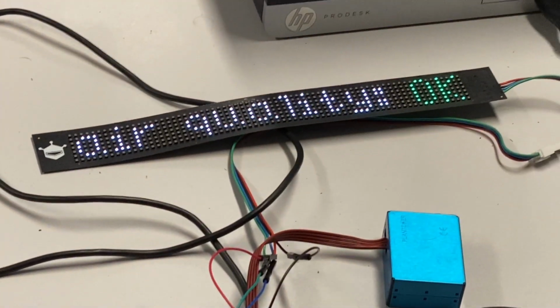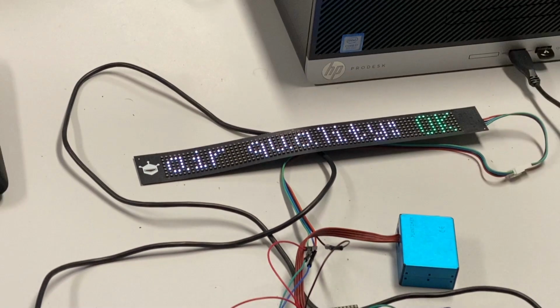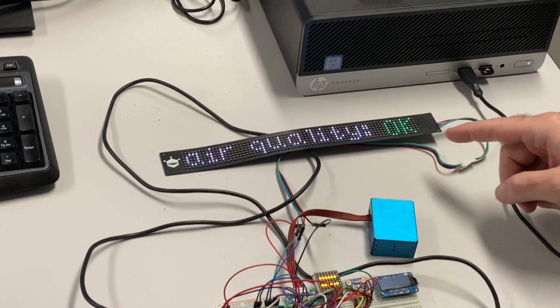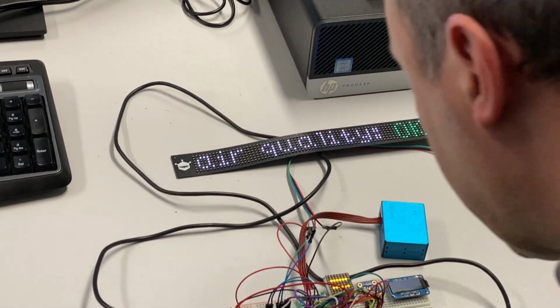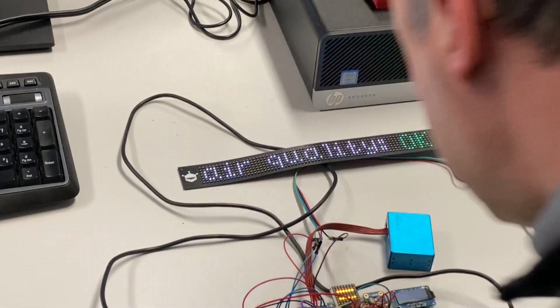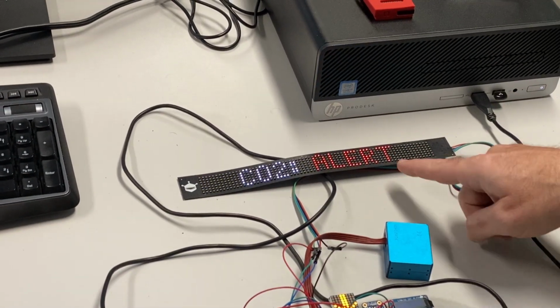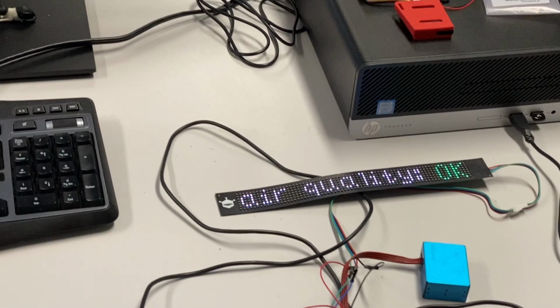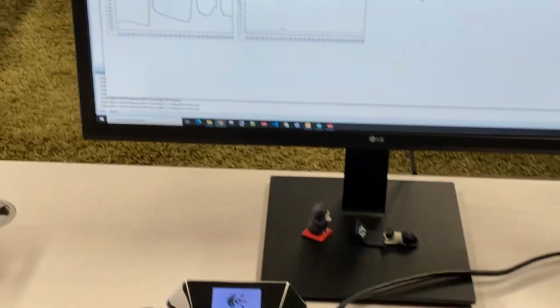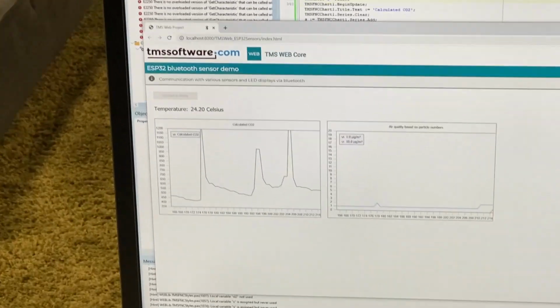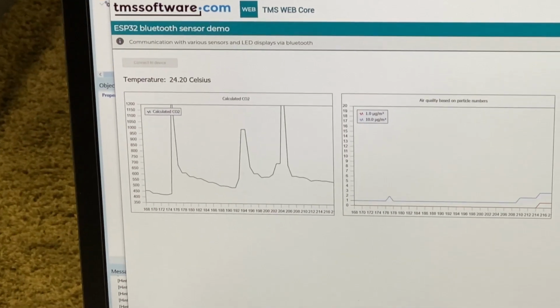I can do it once again. This peak was not high enough. Let's try again. And now we have an alert again on the LED strip caused by this CO2 excessive value on our CO2